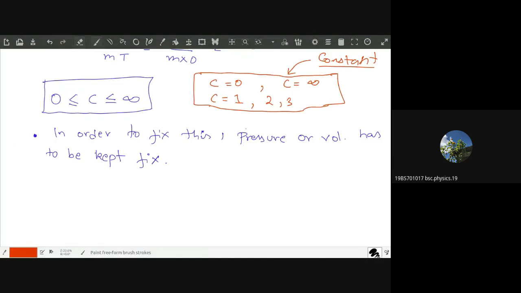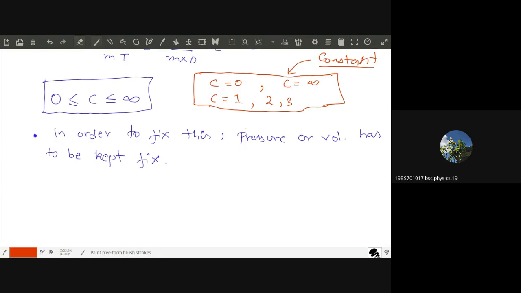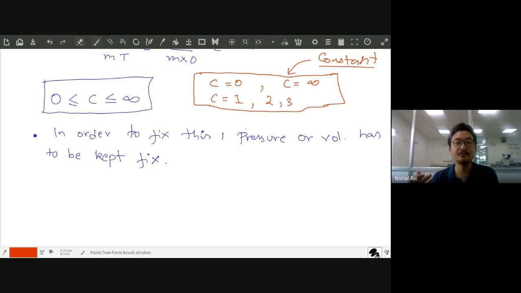Because the specific heat needs to be constant. For a given material, the specific heat is a constant quantity, isn't it? Yes. So depending on different conditions, now the specific heat keeps on changing. Clear? Now let's say sometimes the specific heat of a gas becomes 1. Now the specific heat of water is also 1. So how do you distinguish between these two different materials?